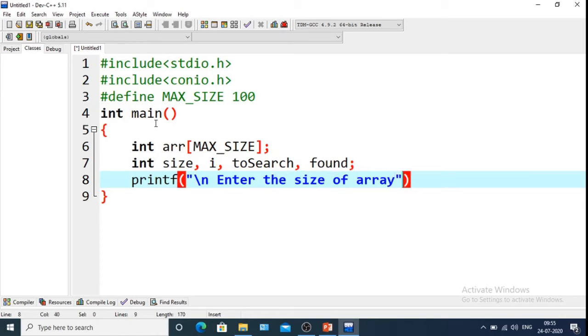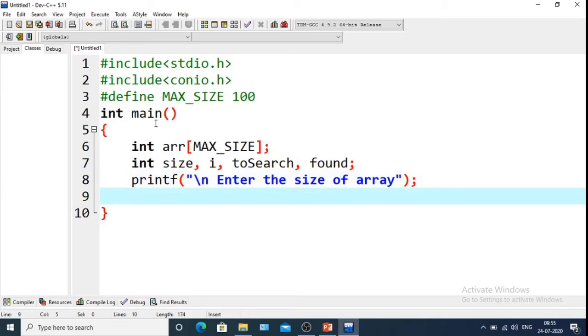Next, in the scanf statement, within the double quotation %d, comma, ampersand size. This is how we will take the size of the array. That means how many elements can be stored in the array. It may be 5, it may be 6, it may be 10. The maximum is 100.